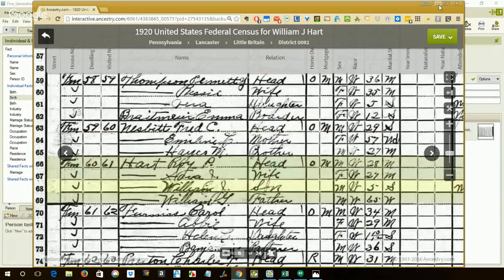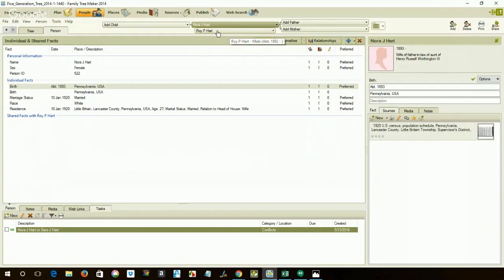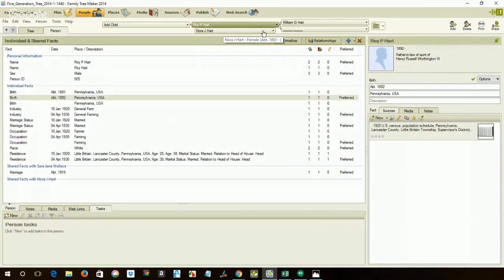So I've evaluated the record itself as opposed to just taking the word of the transcription. So now here's what I want to do. I'm going to select Sarah,